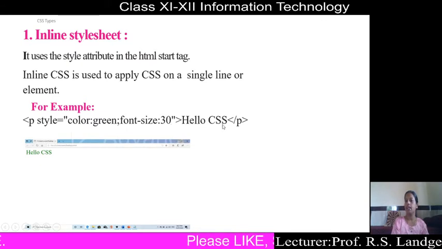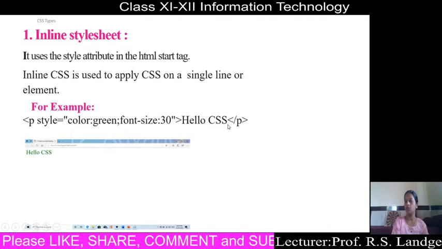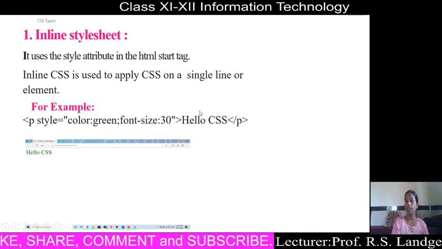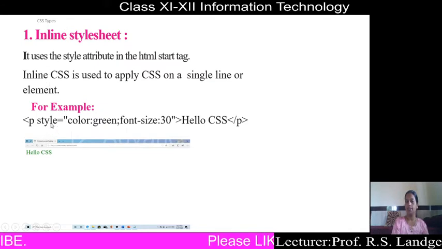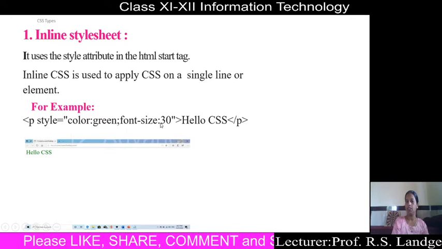For this hello CSS text, means inside the paragraph tag we write the text hello CSS, and for that hello CSS text we have to apply which style. With the help of inline style we place style as an attribute, and after the equal to sign we can place these properties in this way.